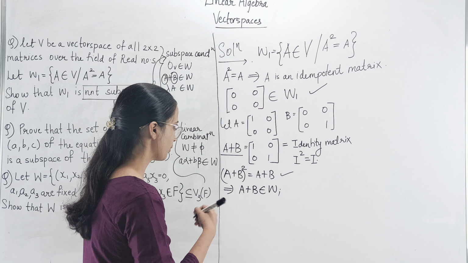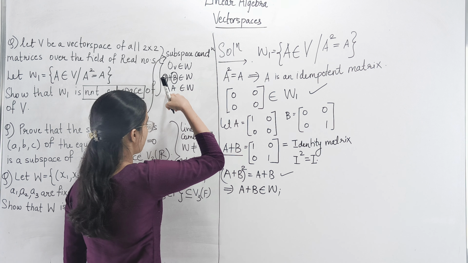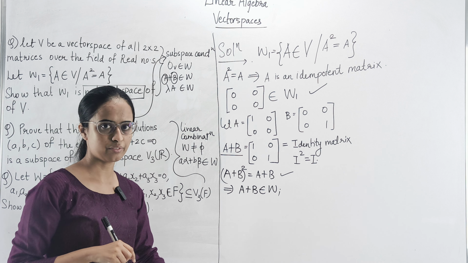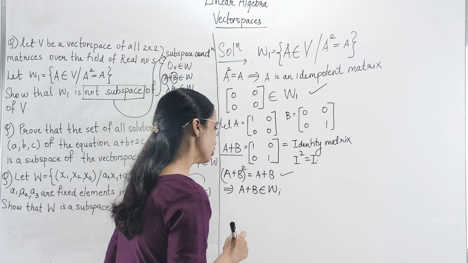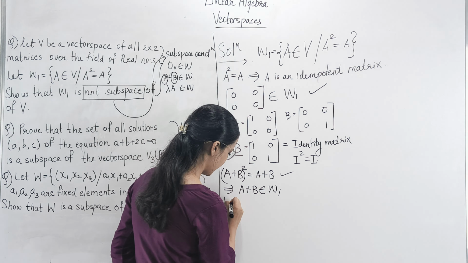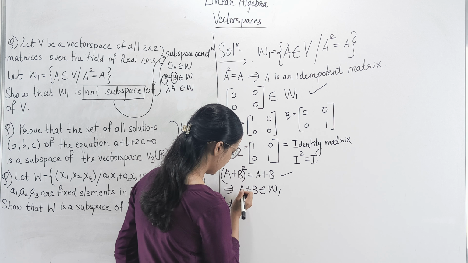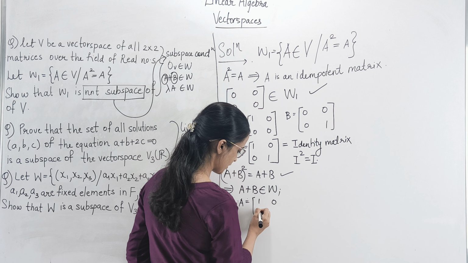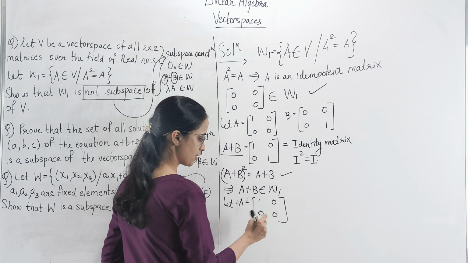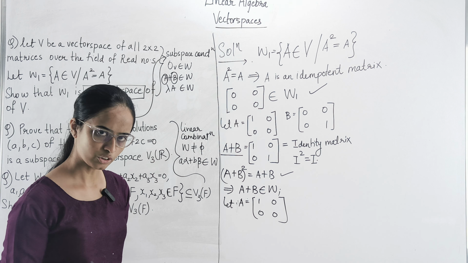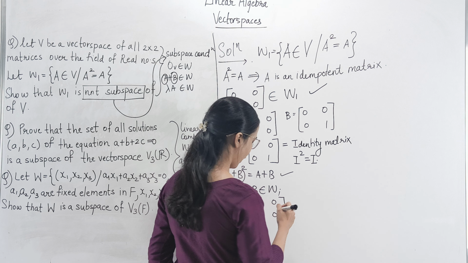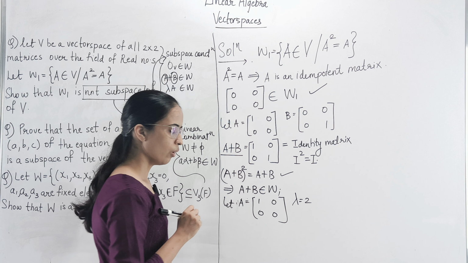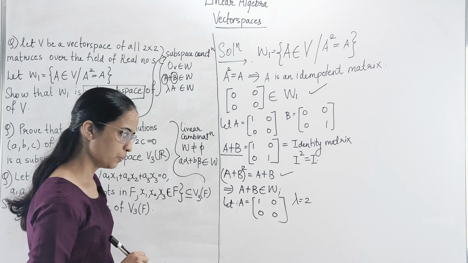Now let's move on to the third property, which is the property of scalar multiplication, where one would be a matrix and the second one would be a scalar, right? So what I will be doing is taking a matrix, let A equal to, again I'll be taking the first one, 1 0 0 0. This should be an idempotent matrix, which it actually is. After that I'll take a scalar, let's say 2. Now let us multiply it and see what happens.